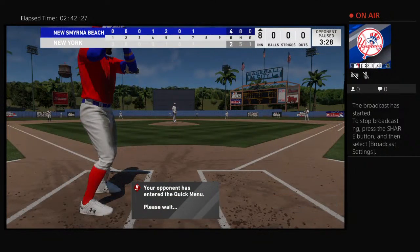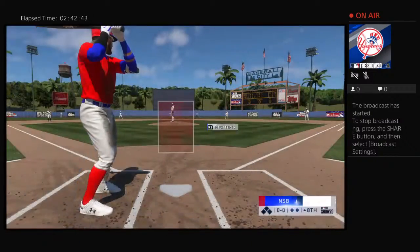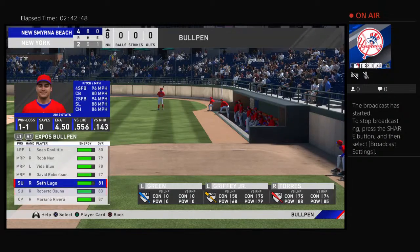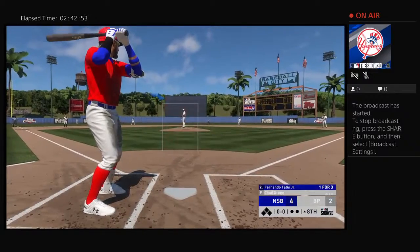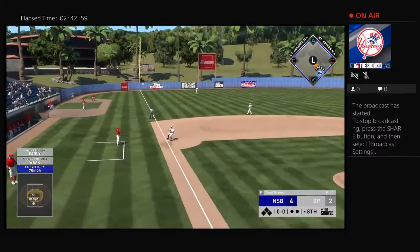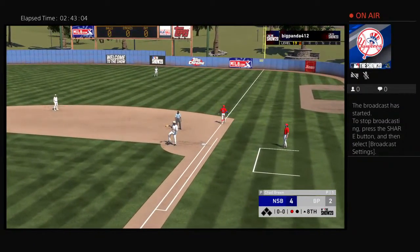And that'll bring up Fernando Tatis Jr. He'll start us off in the 8th. The shortstop, number 23. Ready with the first pitch. Here it comes. Grounder down the line at third. And a bit of a high throw that time, but no problem over there at first as they record the